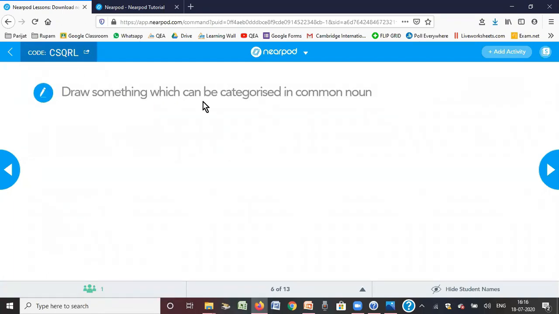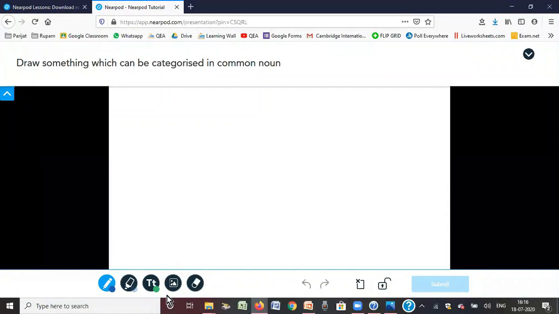It says draw something which can be categorized as a common noun. Now I'll go as a student and I have something to draw here. So I'll choose this. Maybe I want to draw a tree trunk first. I want to draw a tree.